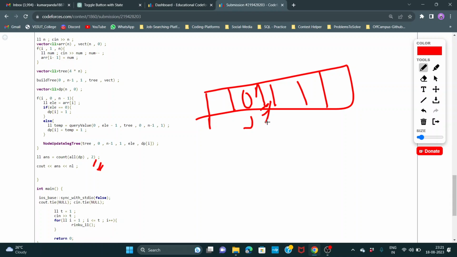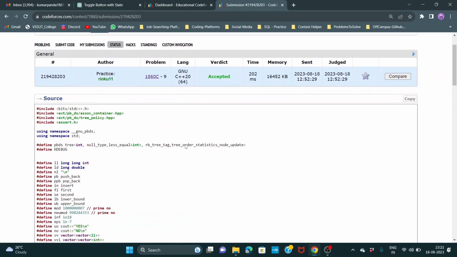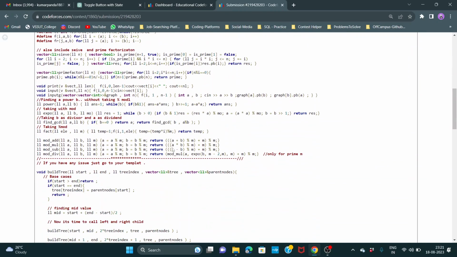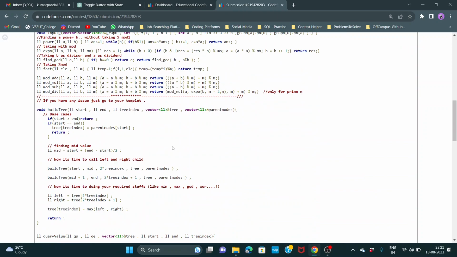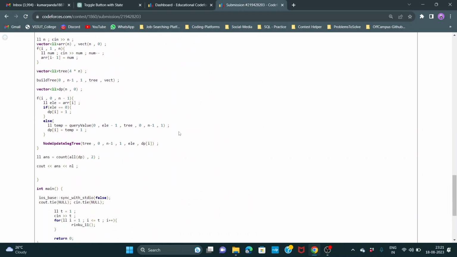And this is the solution for the third problem. I think you might face some issue in the segment tree part, but if you have any issue,